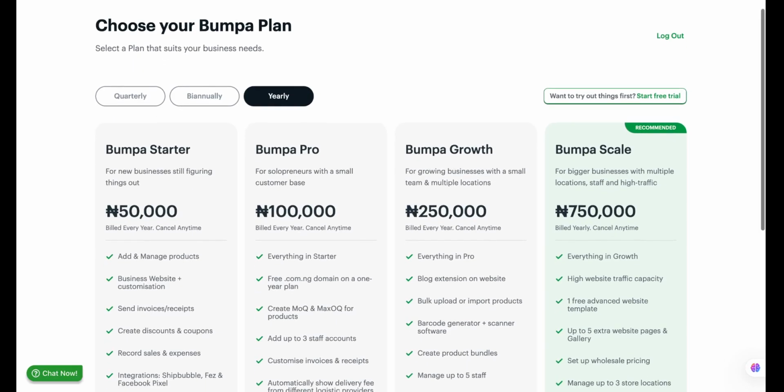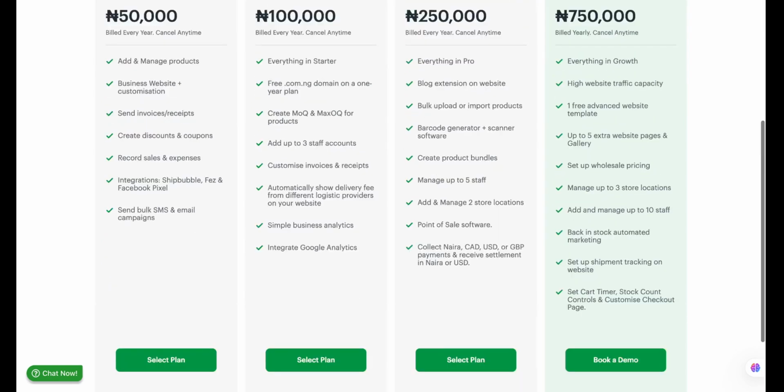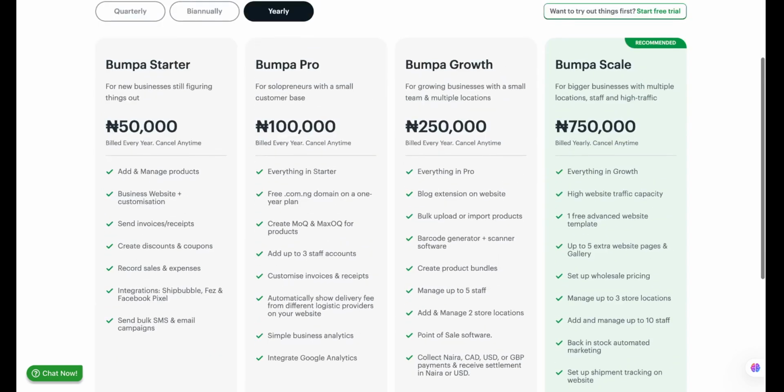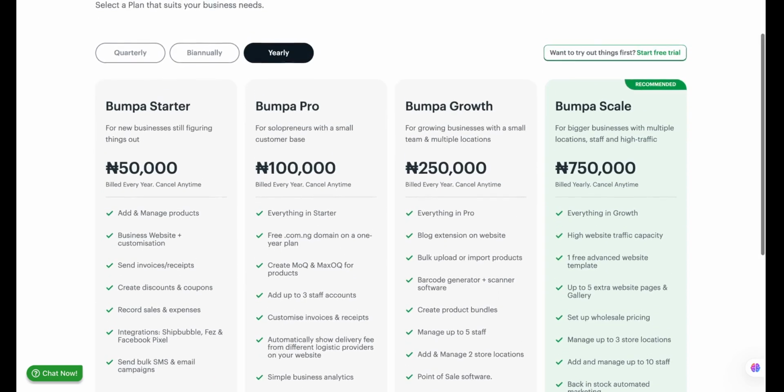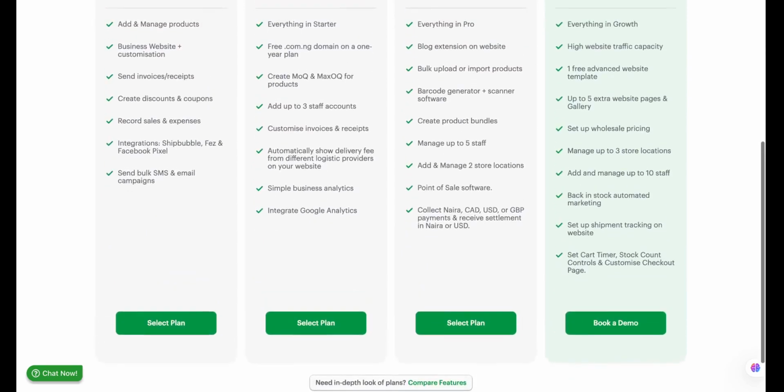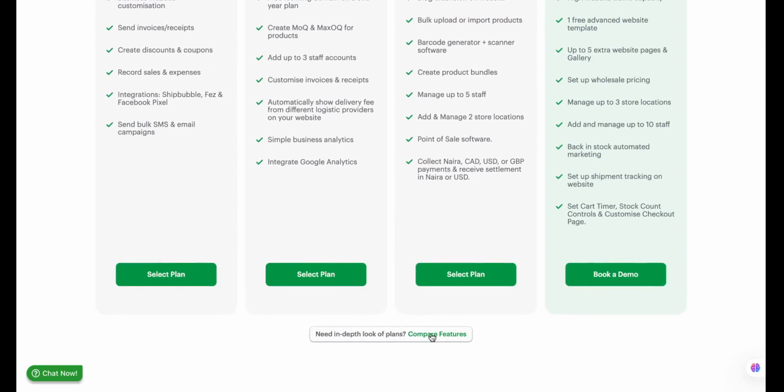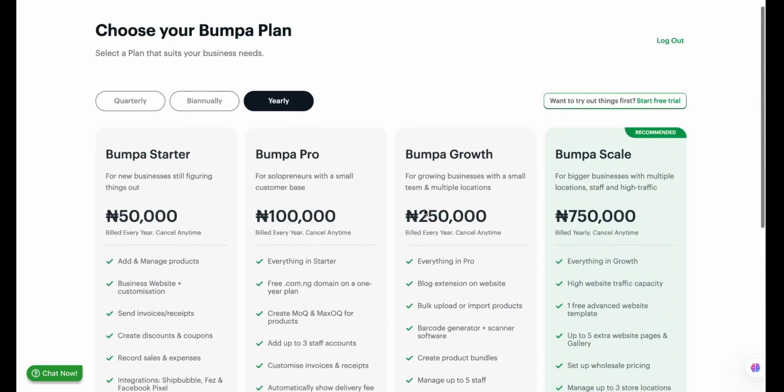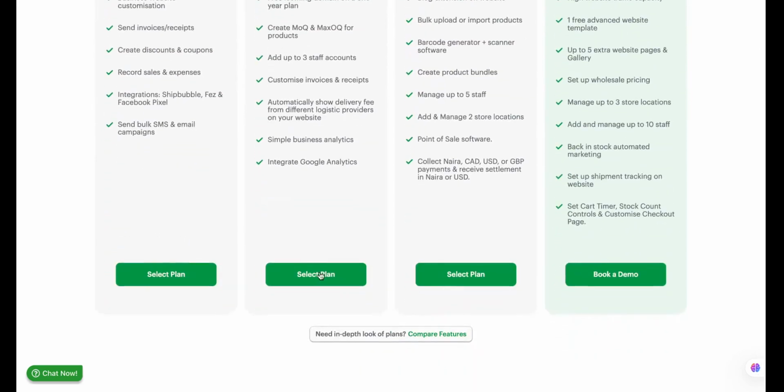So the next thing now is to select a plan. If you, for example, already have a plan in mind that you want to pay for, you can choose a plan here. And right here at the bottom, you can compare features and compare plans before you make a payment. And to do that, you simply need to click on select plan